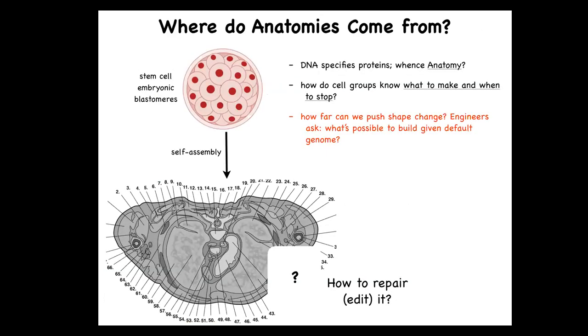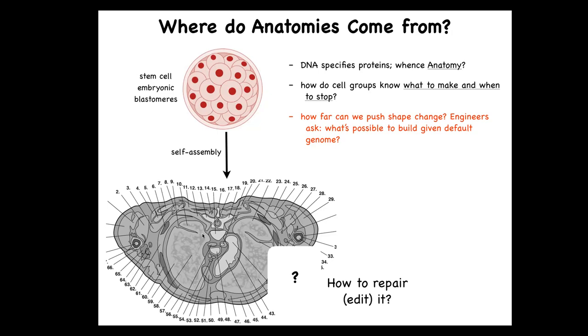So let's think about this issue of morphospace. We all start life like this, the embryonic blastomeres. Eventually, we acquire this incredibly complex structure. All the organs typically are in the right place relative to each other and so on. And so you might ask a simple question: where does this pattern come from? Actually, where is this encoded? And a lot of people are tempted to say, well, it's in the DNA, of course, it's in the genome.